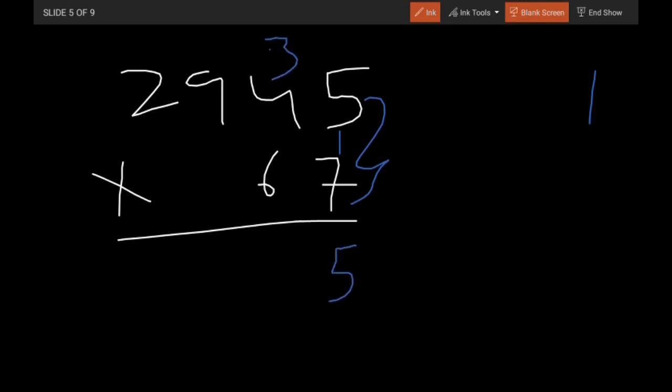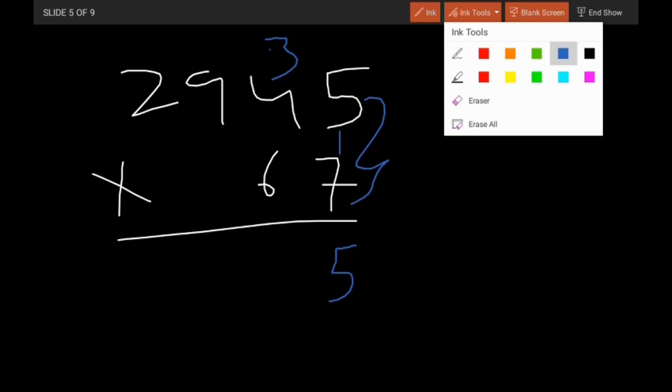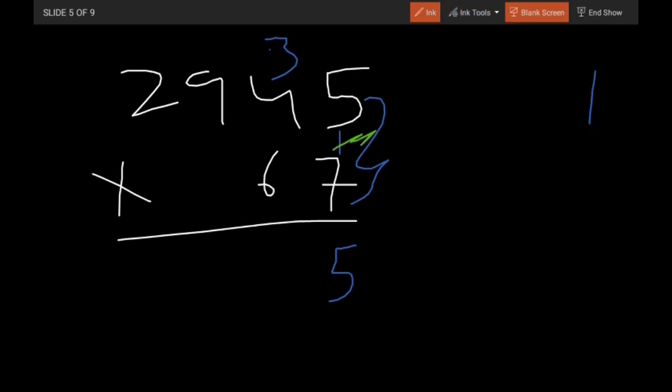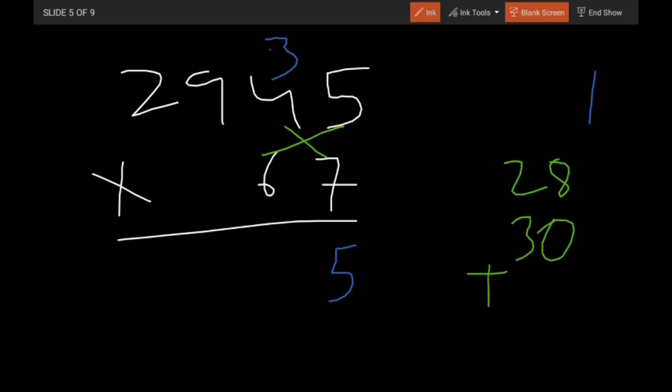Okay, now the next step is going to be cross like this. Okay, 7 4s is 28, 5 6s is 30, and we should add carry 3. So it's going to be 33 plus 28 is 61. Okay, 61, 1 over here and 6 over here. We are going to cancel out 3.